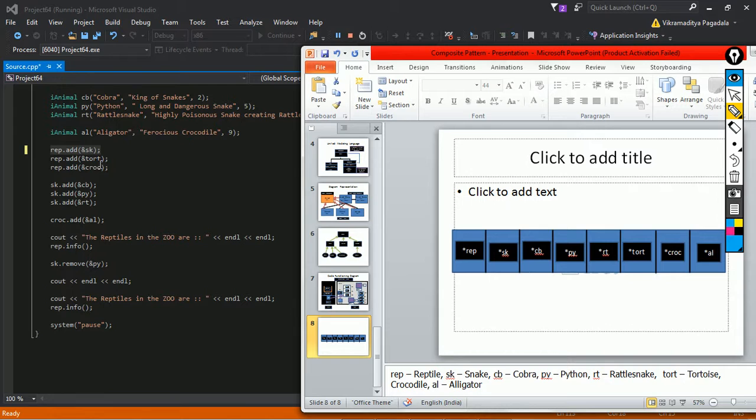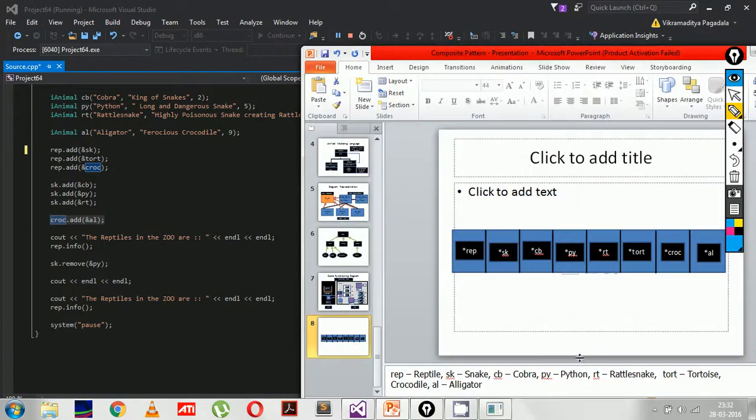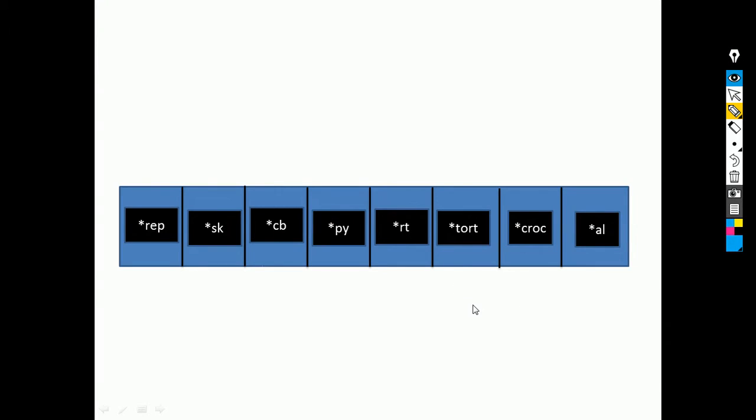Then I'm trying to pass in the following three individual animal elements. As you can see, all the three are aligned here, followed by the tortoise, followed by the crocodile, which is getting an alligator leaf. So this is how it will be stored in the memory.